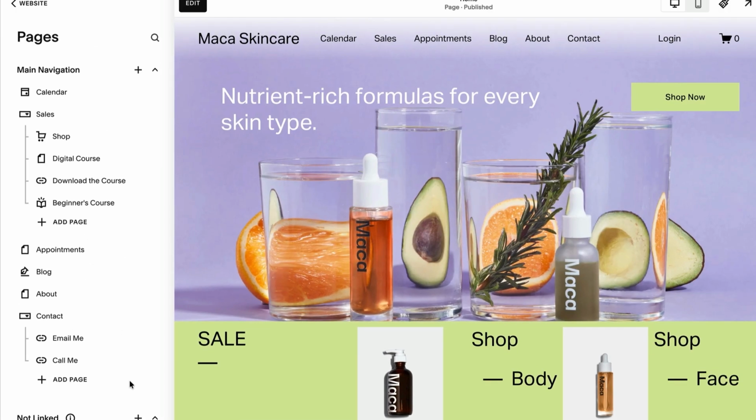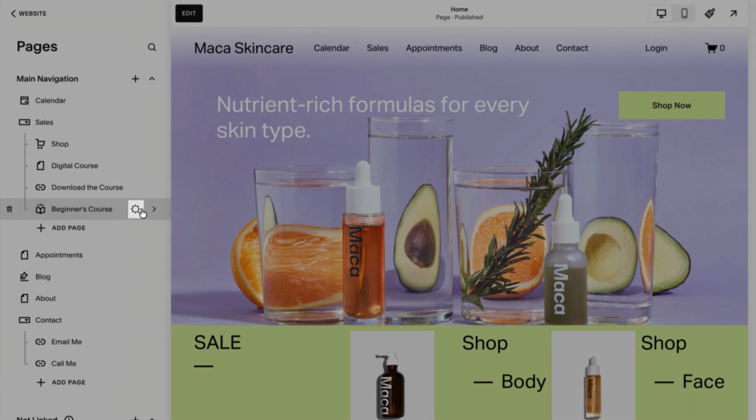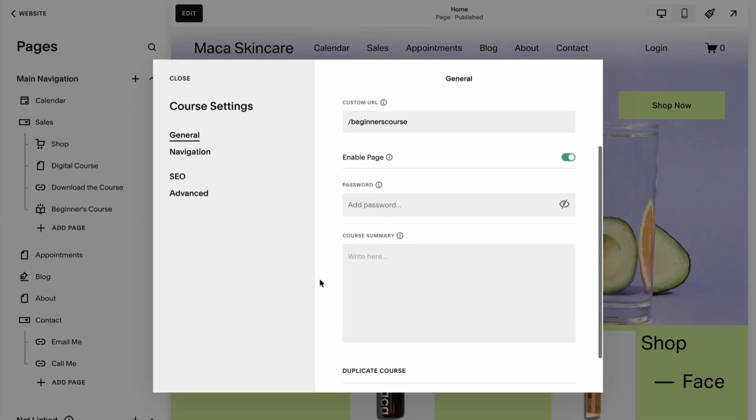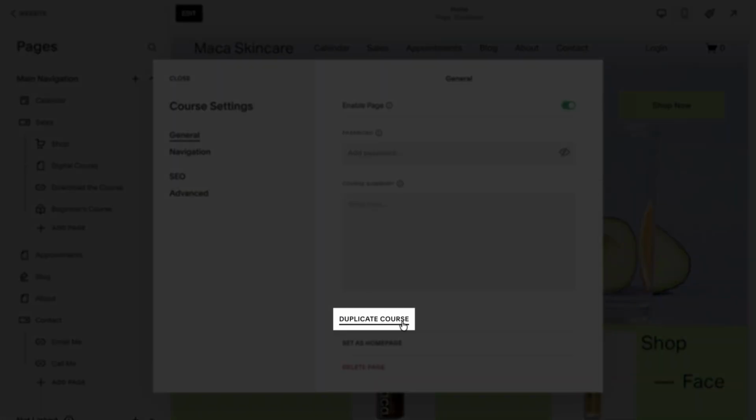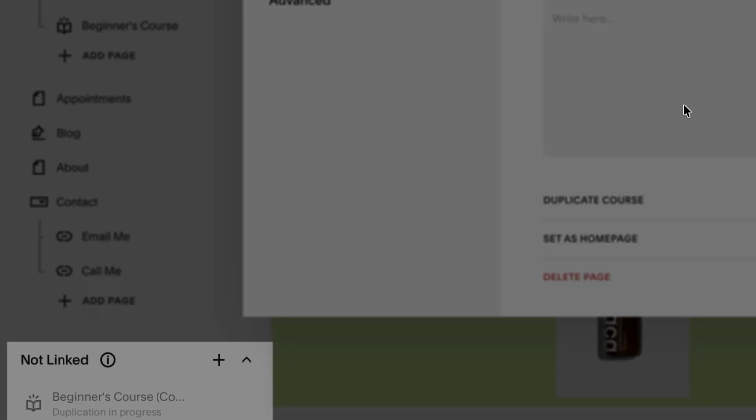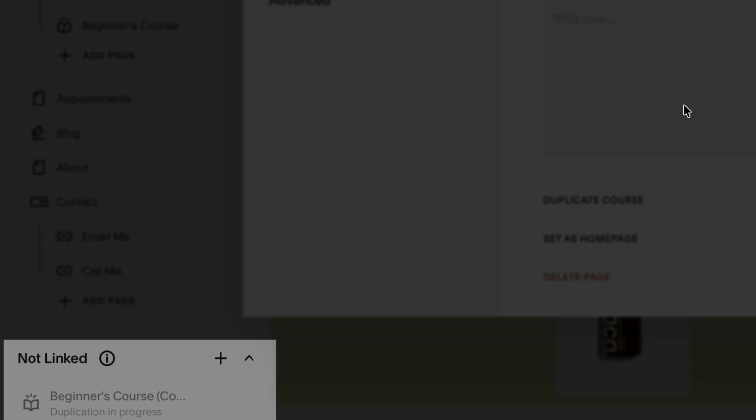To duplicate a course or lesson page, in the Pages panel, select the gear icon. Select Duplicate Course. The duplicated course will appear in the same chapter as the original, but will temporarily be hidden from your visitors